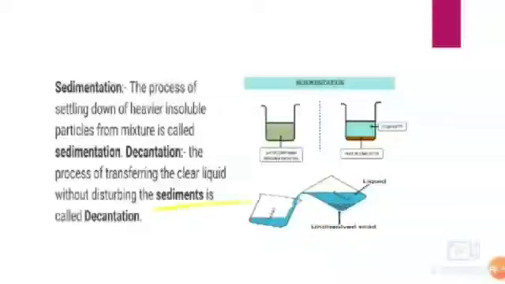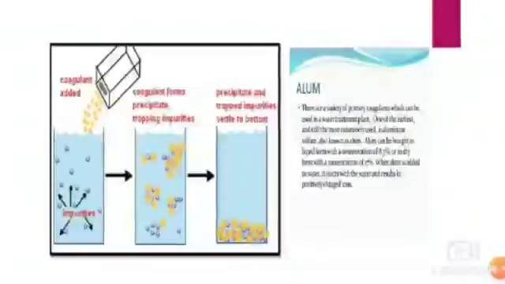Let us move forward to the next part, that is known as loading process, or it is also called coagulation. Why is this used? That is a big question. At times, a mixture contains extremely small insoluble particles that take a long time to settle. They can be made to settle faster by using the process which is called loading or coagulation. In this process, the fine insoluble solid particles in the mixture are made heavier by adding an external chemical agent, which is also called a coagulating agent.